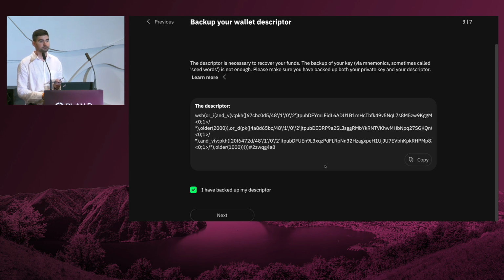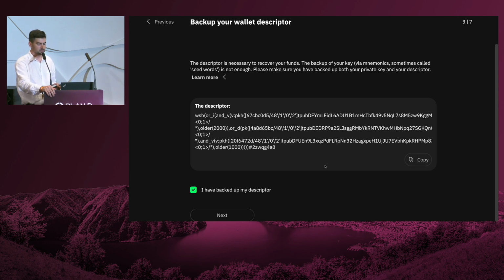Another question. The descriptor is really essential for everything. Let's say I publish it anywhere, so I can retrieve it, or at least have other people know it. For example, if I want to give it to my children in 20 years. If I publish it, what kind of backlash on the privacy side do I get? What do you mean by publish? You save it on a cloud or you give it to someone? For example, save it on a cloud, or even publish it on a website.